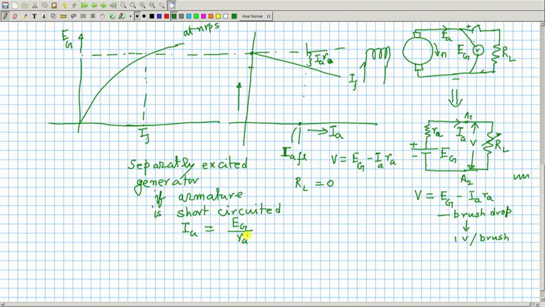Armature resistance, which is very small, so I A short circuit will be very large,